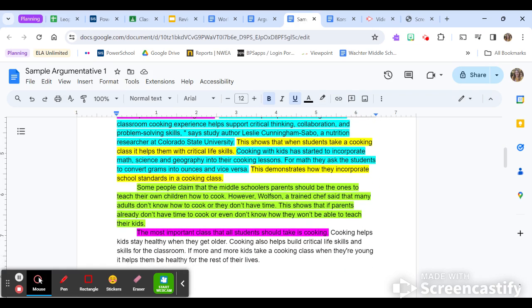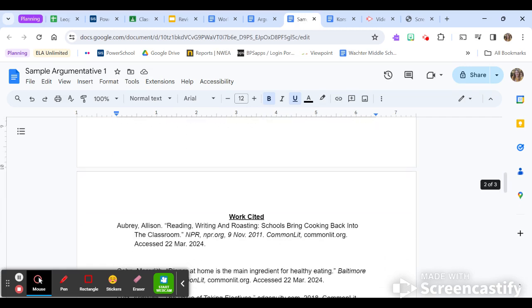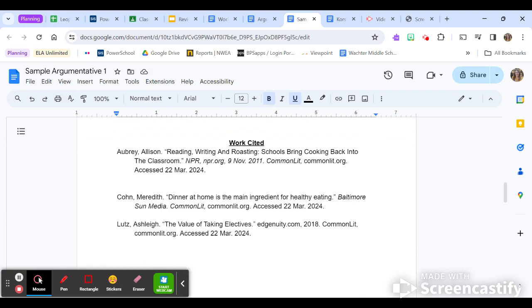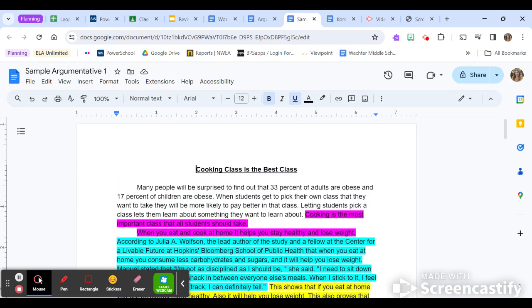They also have their counterclaim in green and their thesis statement in their conclusion, and a works cited with 3 citations. Excellent work on this paper. It looks really good. Great example to show the class. So when your paper looks something like this,